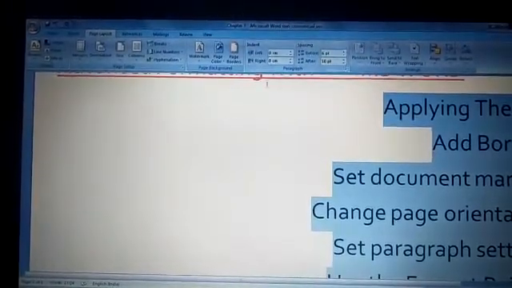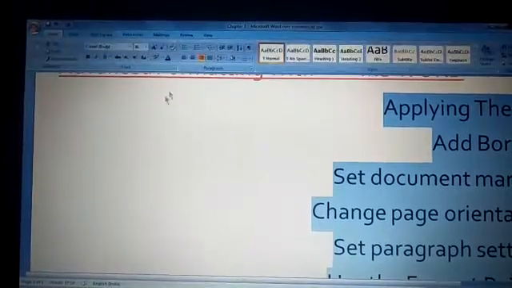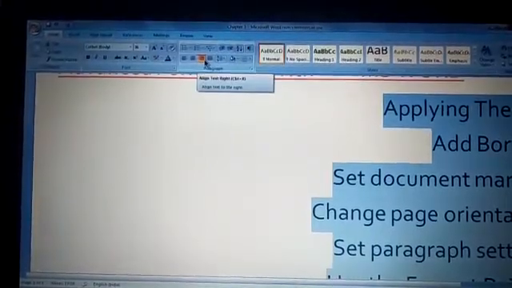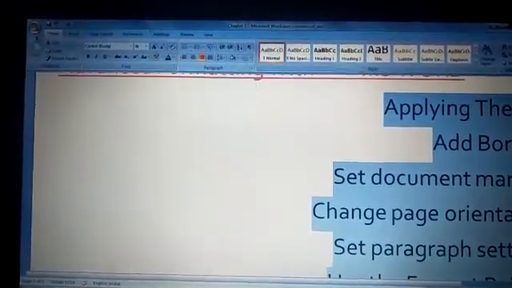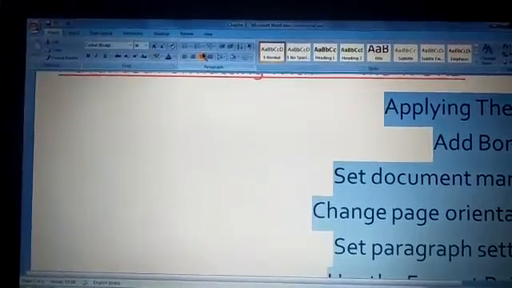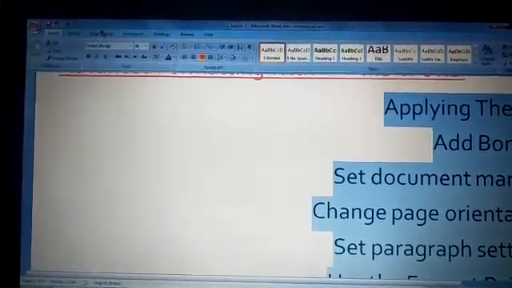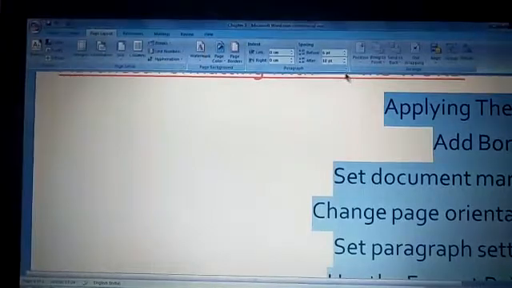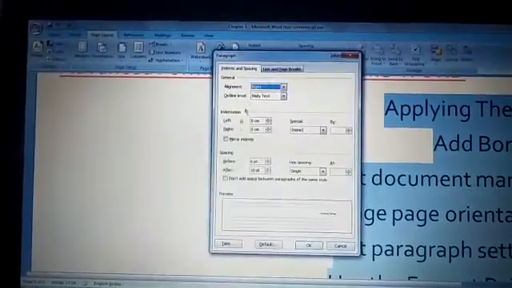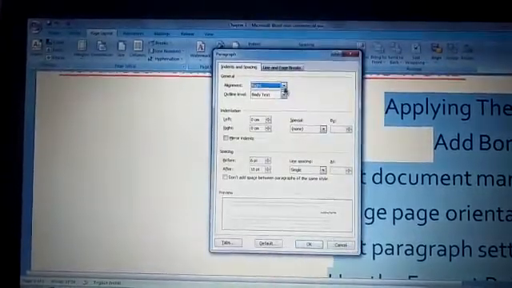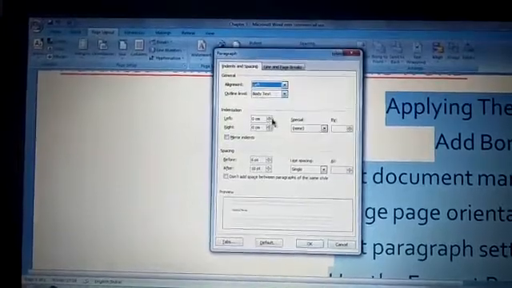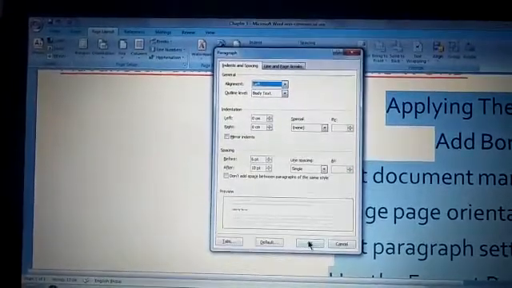This is the setting we are doing, and when we go to the home option, again we are having the settings out here. Home tab पे भी you are having the option, and in page layout also you are having the same option. Let's come back to the left side, and then we have to click on OK.